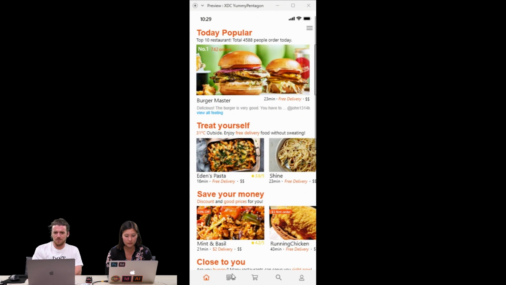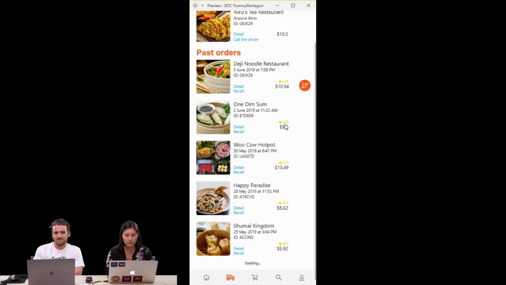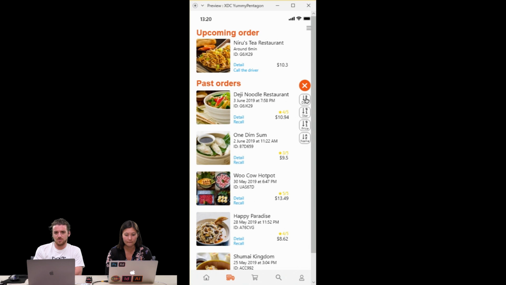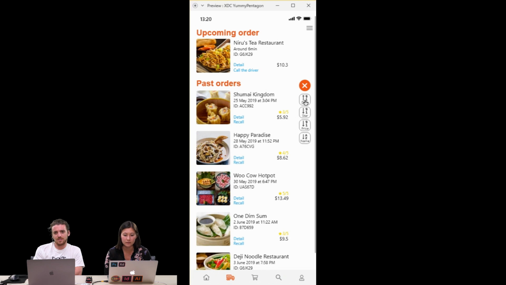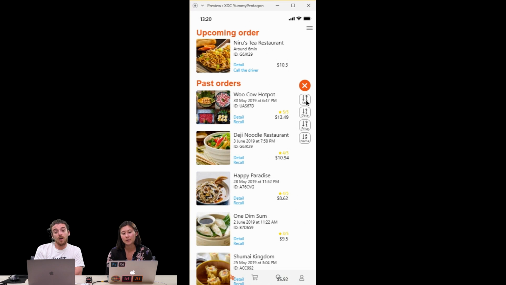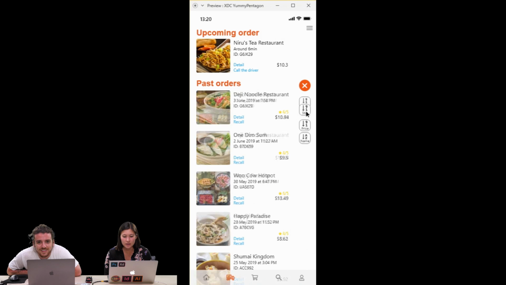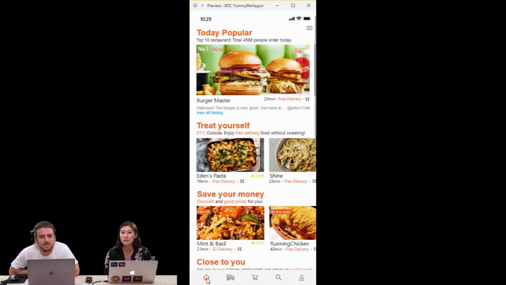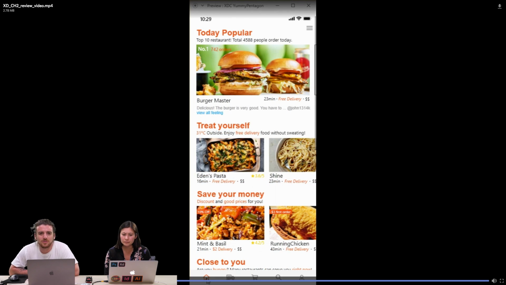This is looking really good too. Past orders. Oh, interesting. I like having it fixed to the right a little bit. Yeah, it's kind of similar to what we were even talking about. Whoa, what is that? So we have star, date. Those are all your filters on the side. Interesting. It's definitely a cool, different, dynamic concept. Yeah, that looks really cool, being able to adjust.